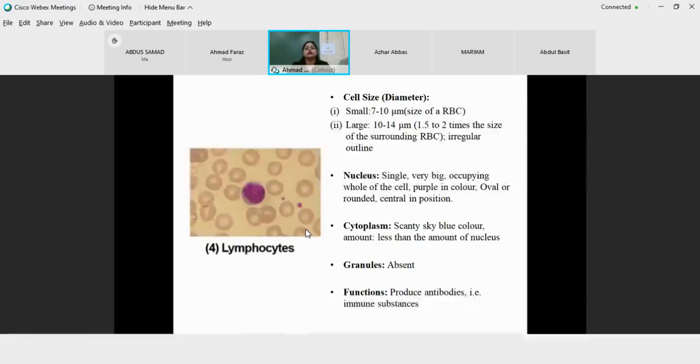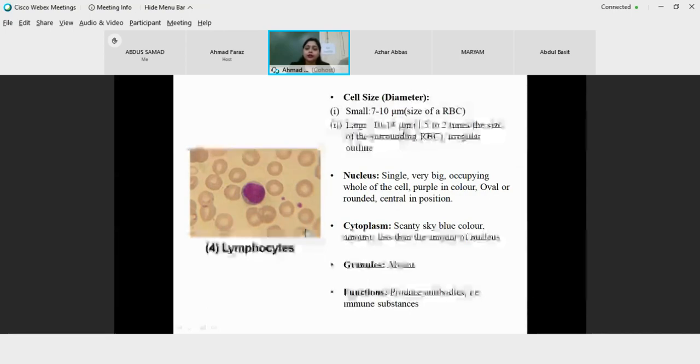Okay, now lymphocytes are agranulocytes, meaning granules are absent in the cytoplasm. And I told you that two types of lymphocytes are present. One is small and the other one is large. In this picture, we are seeing the small lymphocyte because you can see it is comparable to the size of the surrounding RBCs. That is 7 to 10 micrometer in diameter, whereas the large lymphocyte's diameter would be 10